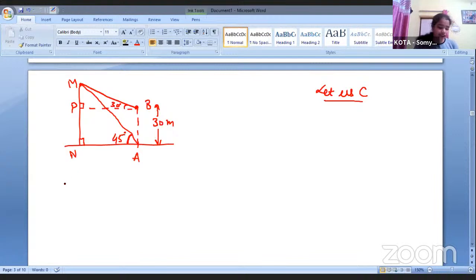First of all, we have to find the distance of the foot of the tower and the point. So again, let it be x. If this is 30, this would also be 30. So definitely,